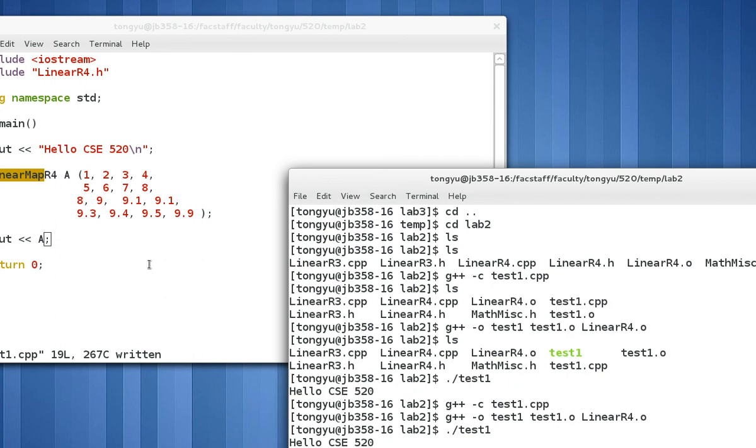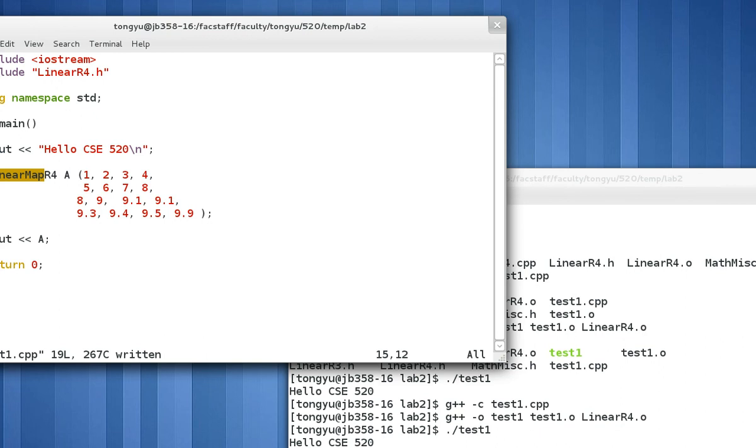You can see that again the first hello CSE 520 text is printed, and the matrix is printed, except that it is column major. So it prints 1, 2, 3, 4 in a column, 5, 6, 7, 8, and so on. You have to pay attention to this. So this is a simple demo.